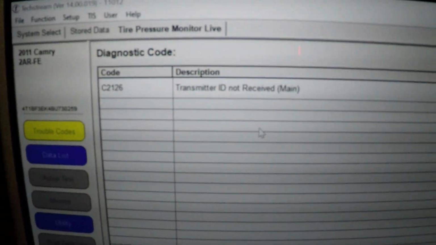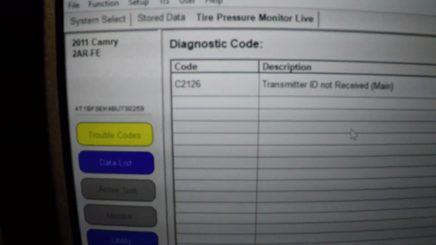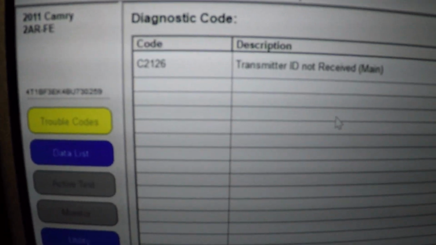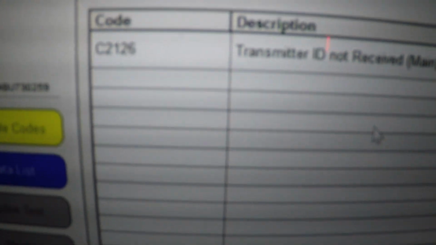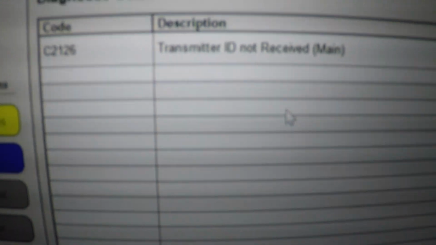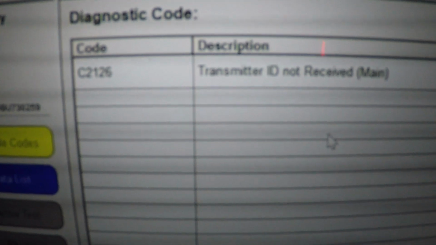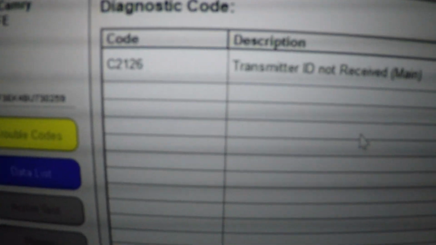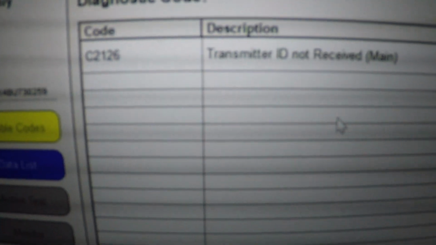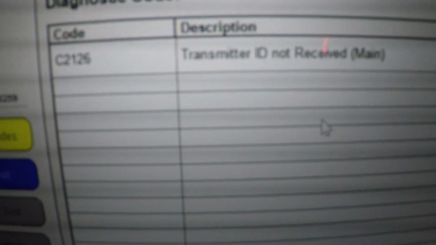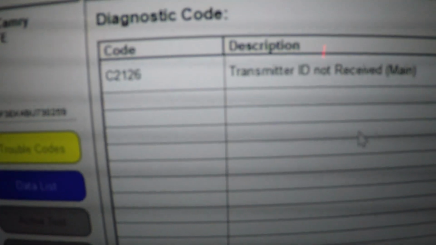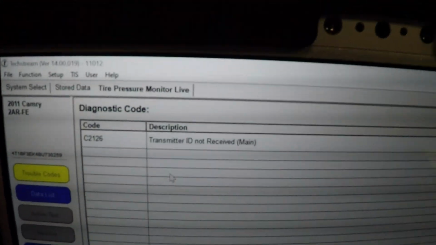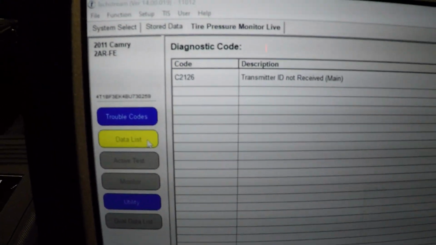And we've got a DTC here, a C2126. Now, if you were on your own and you weren't sure what to do, you could put this into TIS, but I can basically tell you it's a transmitter ID not received. So there's something going on with that TPMS sensor. Now, this system doesn't know if it's the left front or the right front. It just knows one of the four transmitters is not communicating. So my recommendation on this is to go ahead and jump to the data list,